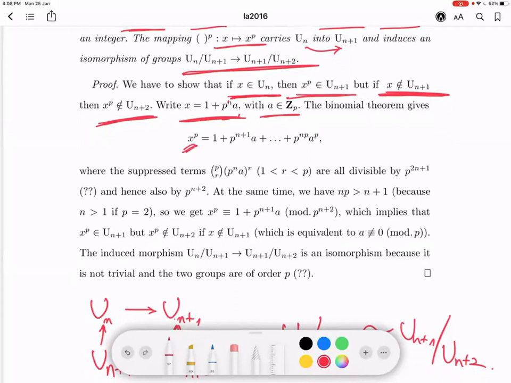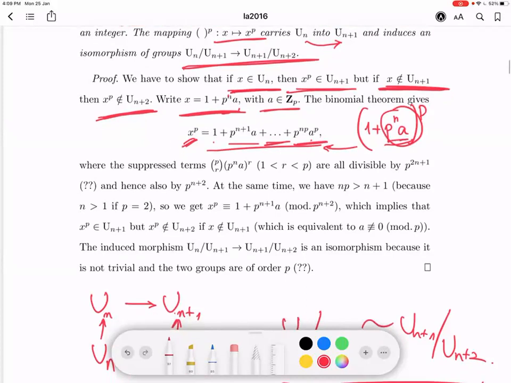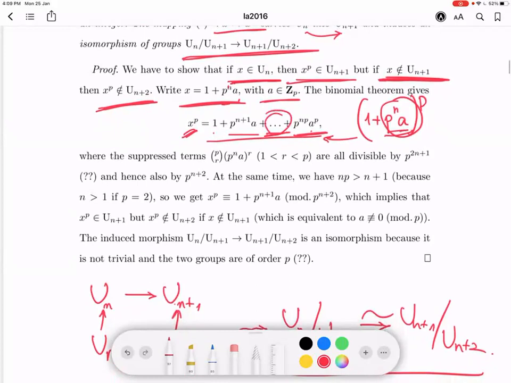So now I compute x to the p using the binomial theorem, right? X to the power p is going to be 1 plus p to the n a, to the power p. And the binomial theorem will give you that this can be written as 1 plus p times this thing, plus a certain number of terms. And the last term is going to be the pth power of this, p to the np, a to the p. Okay, that's what the binomial theorem gives you. What are the terms here which I have suppressed? They are terms like